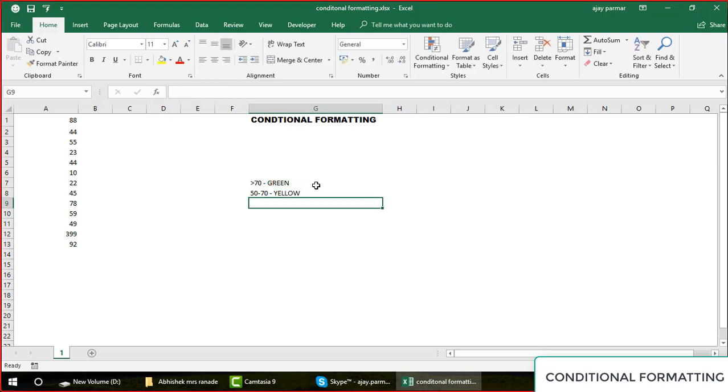And any value which is, let's say, 20 to 50, that should show as maybe light red, and any value which is less than 20, that should show as dark red. Colors, you can make your own choice, right?